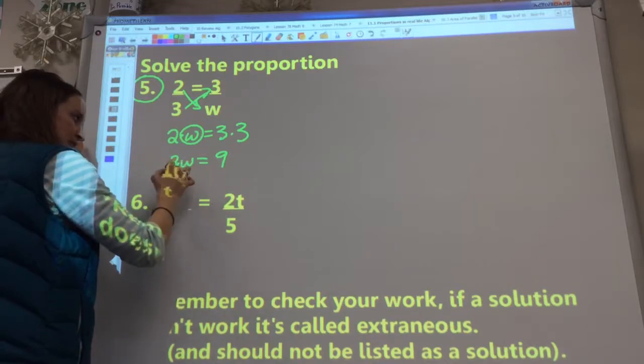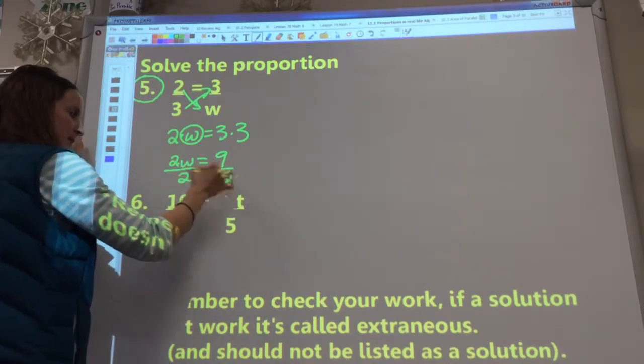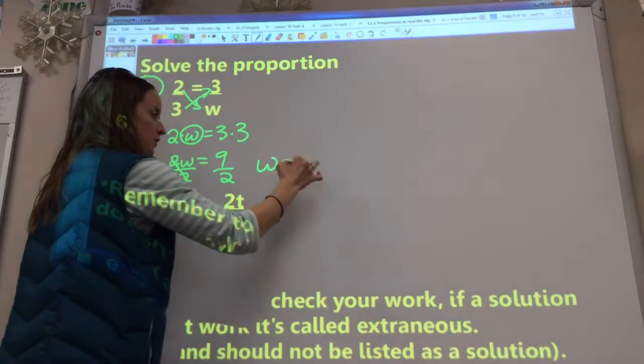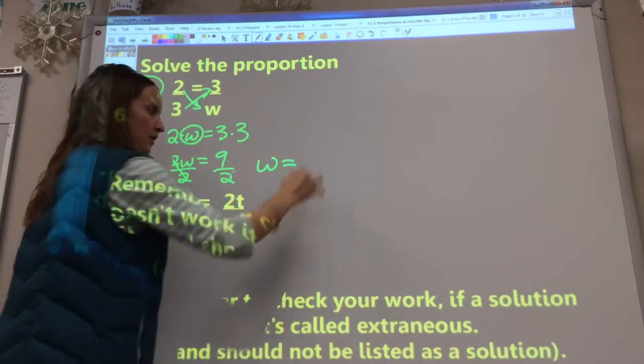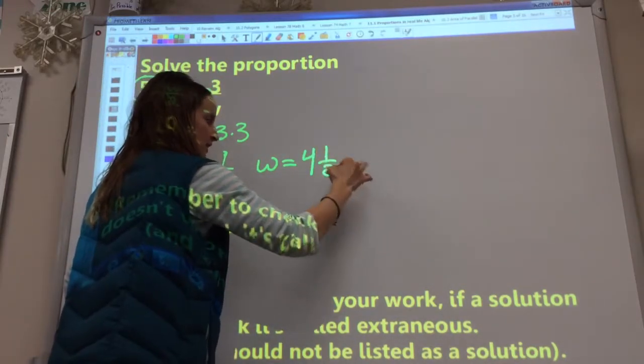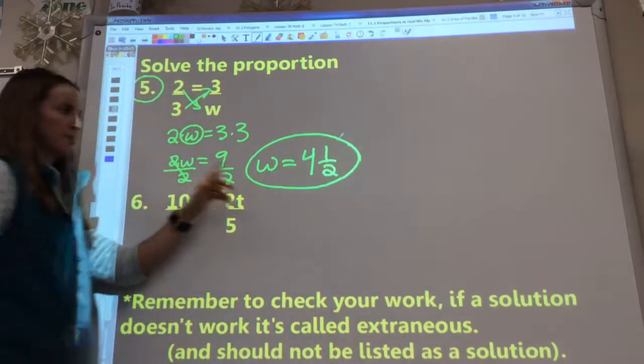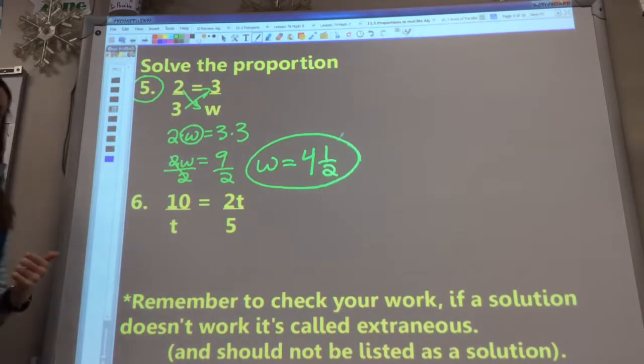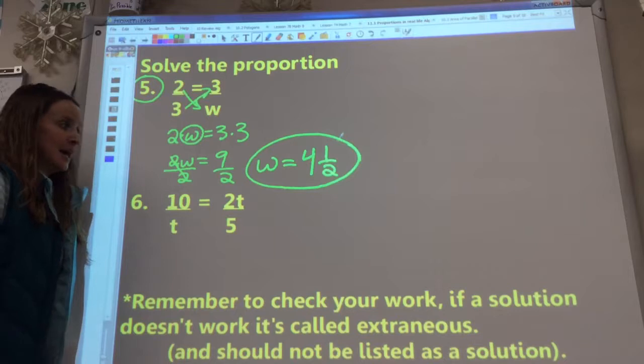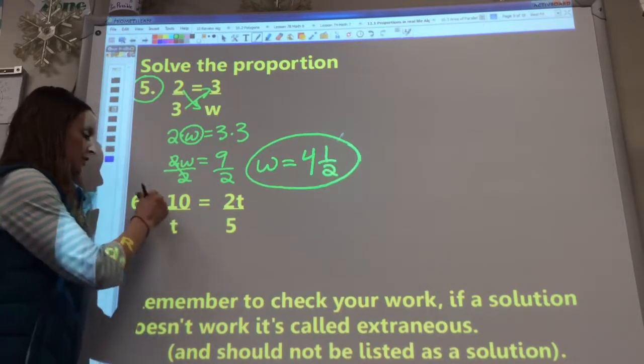Now, the opposite of multiplication is division, so we divide both sides by 2, getting W equals 4.5. Now, this cross multiplying should be familiar. You learned it in 7th grade. Why do I know that? Because I teach it. But here is where we're going to use our knowledge